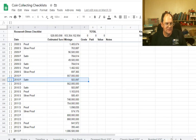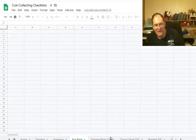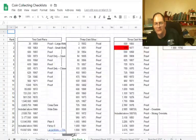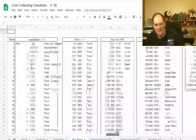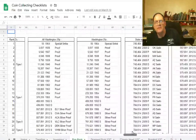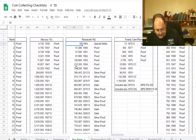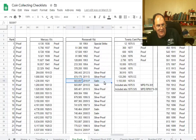Let's get over here and look at the population rank for a dime. I've got one table here, has all the coins, all the U.S. coins in order by mintage. So where's the Roosevelt dimes? Right here. There's your Roosevelt dimes. And these have 500 and how many thousand? Oh, 583,000. So of all the Roosevelt dimes, you got 2 silver proofs, 1, 2, 3, 4, 5, 6 regular